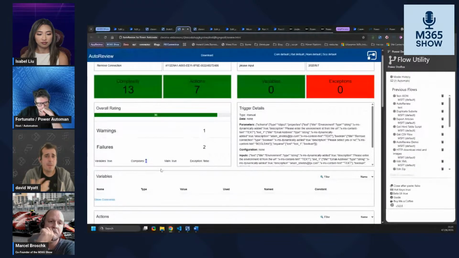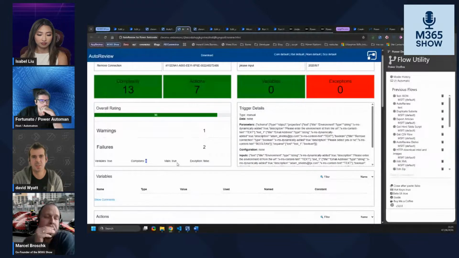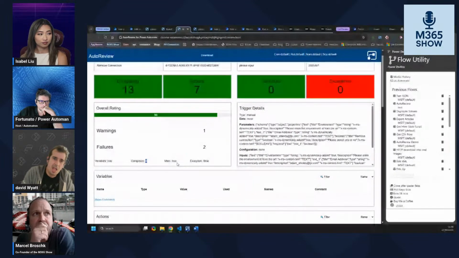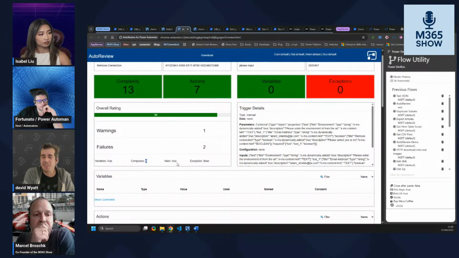I always have a main scope, because to catch your exceptions, you want everything in a top level container. So it looks for things like that. Very much things that make your processes more stable, scalable, and easier to share. This is why we code review, really. We code review because we think we're going to be the only developer that works on it. But if it's a successful automation, then you won't be. Somebody else will have to pick it up and read it and understand it.